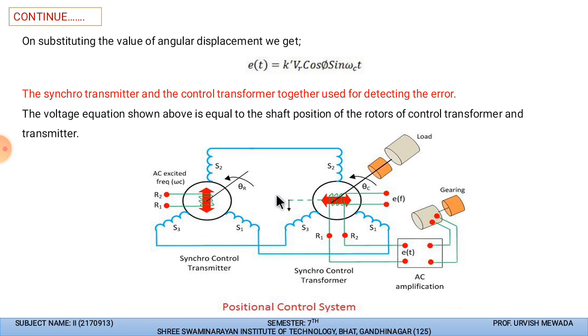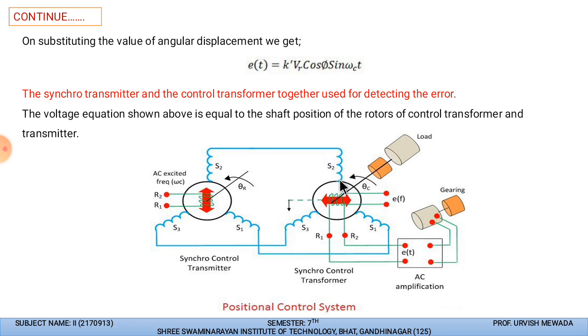Now the synchro transmitter and the control transformer are used together for detecting the error. So the voltage equation shown above is equal to the shaft position of the rotor of the control transformer and the transmitter. From here we control the position of this rotor. According to the movement of this rotor, the EMF will be produced in this conductor, and the voltage will transfer through these conducting wires, and then the voltage and current induced will pass through these windings, and so that this winding will produce the